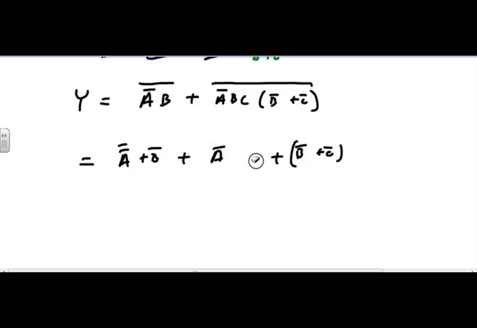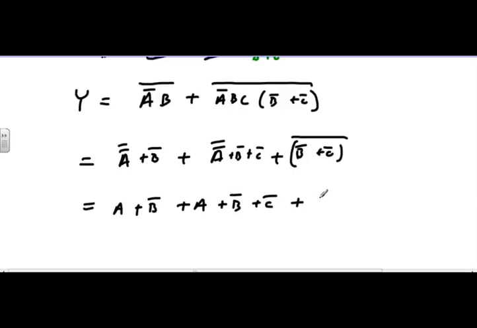Why don't I do this? A naught naught or B naught or C naught or that guy naughted. That looks good. Okay, so I got an A or B naught or A or B naught or C naught